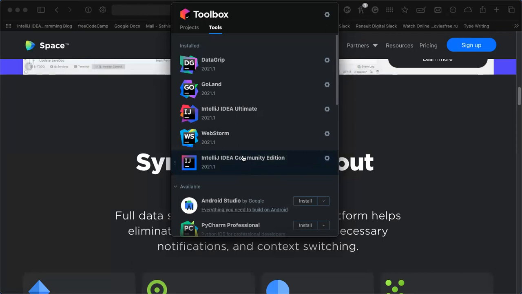Apart from this, everyone should know a few more IDEs. WebStorm is fully for the front end, irrespective of any UI framework. We can use WebStorm for Angular, React.js, Vue.js, and normal plain HTML JavaScript development also.